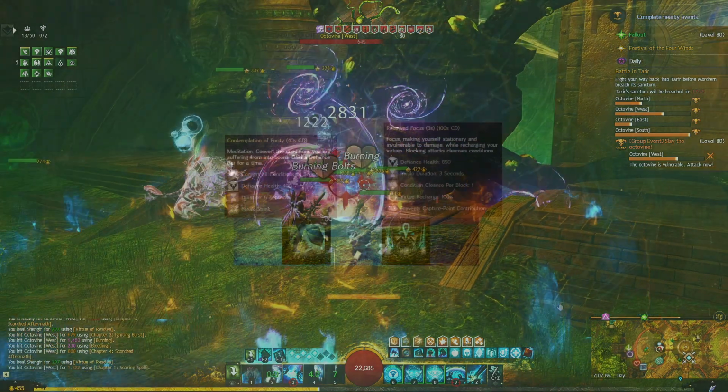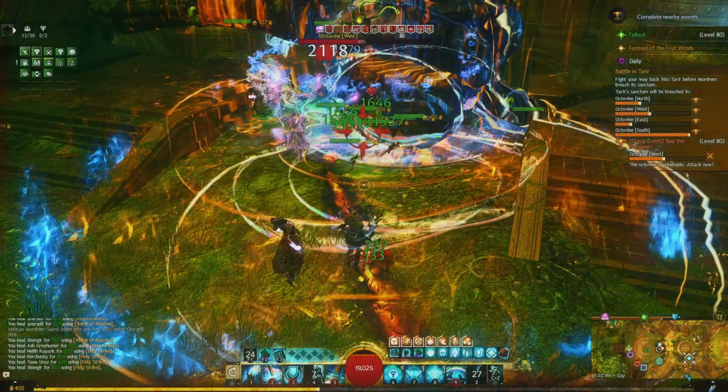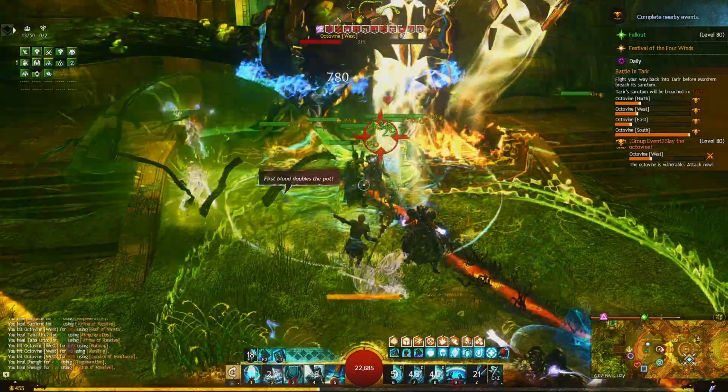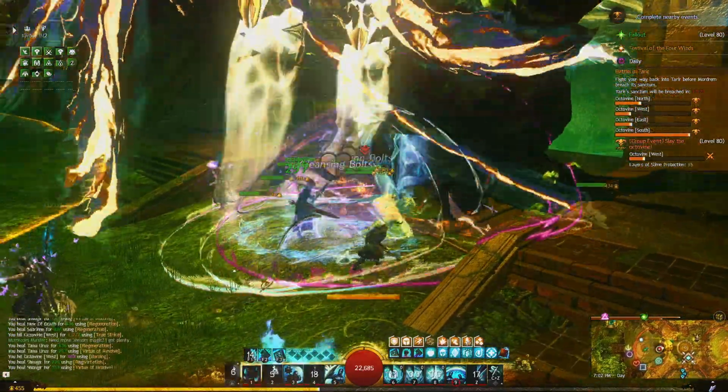We have some meditations to talk about, and now this is where we have an example of a Defiance bar. Contemplation of Purity. Convert the conditions you are suffering from into boons. Gain a Defiance bar for a time. I love Contemplation of Purity. It is a staple PvP utility skill and World versus World skill. I think it'd be cool if it also activated a player Defiance bar for 5 seconds, allowing you to stay